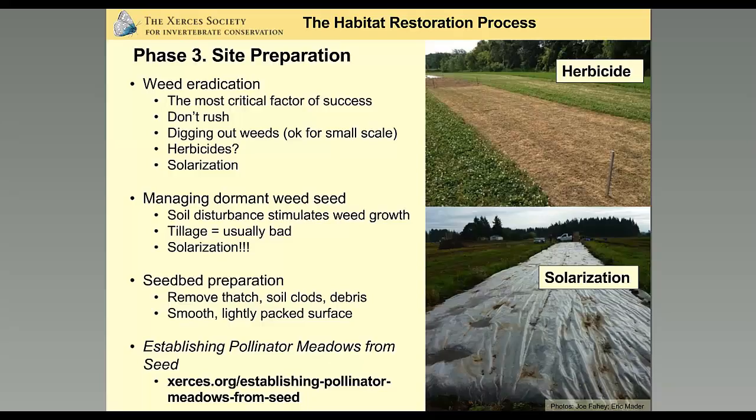There are other approaches to weed abatement and preparing an area for replanting in native vegetation. One that we really like is solarization, which is the use of high tunnel, UV stabilized. High tunnel is a type of greenhouse. So it's basically UV stabilized greenhouse plastic that we put on the ground and bury the edges and allow the sunlight throughout the summer months to heat the soil underneath, killing both the existing vegetation and killing the dormant weed